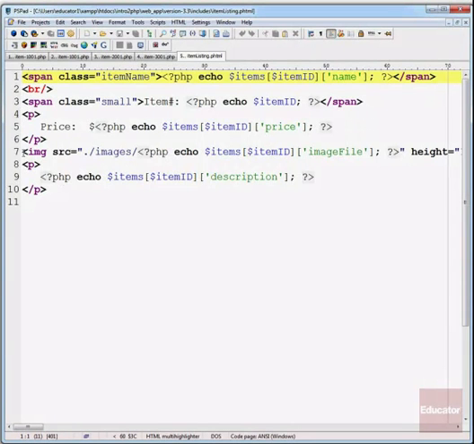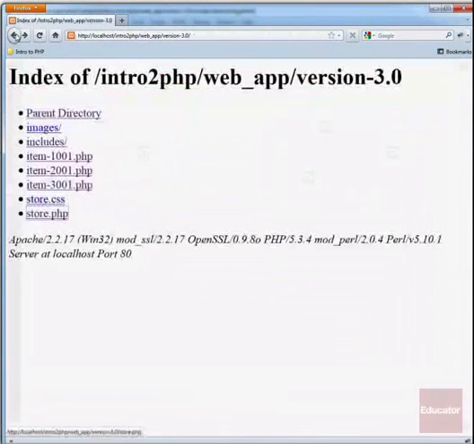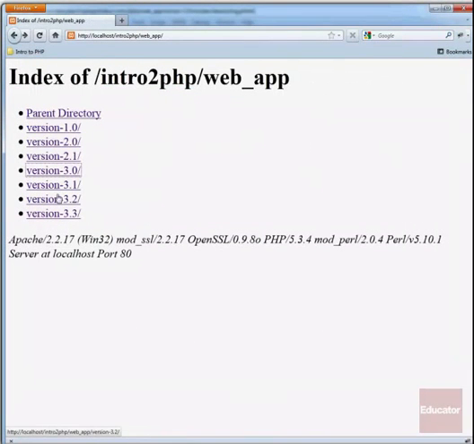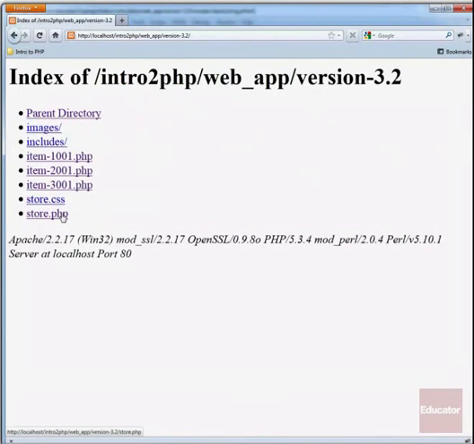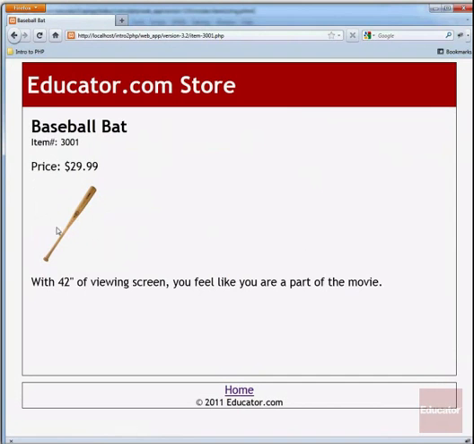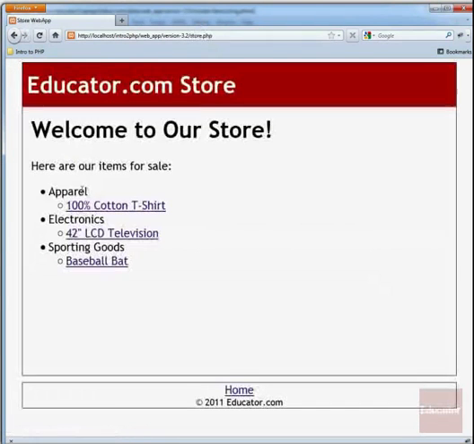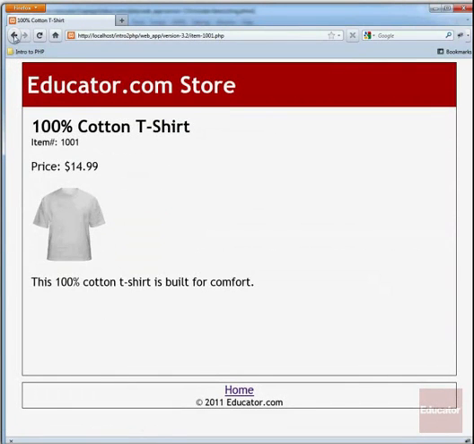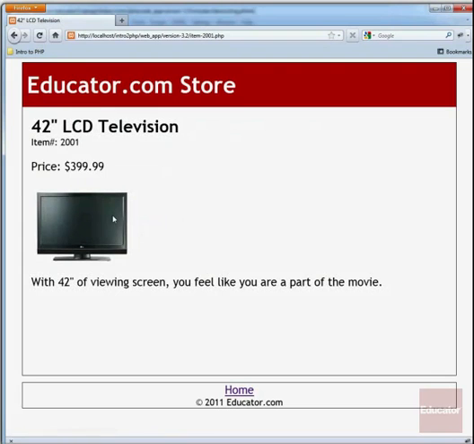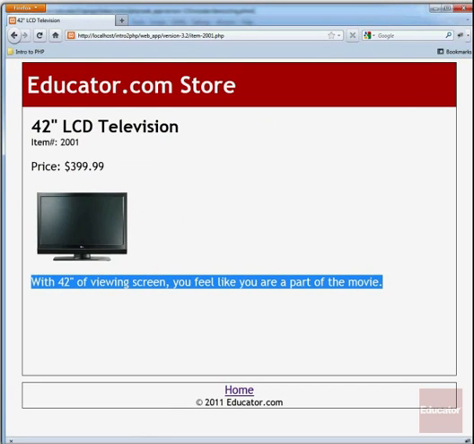let's say we want to place the image differently. Well, right now let's take a look at the web app. In version 3.2, which is our last version, for the baseball bat, item 1001, this is what our product page looks like, and we have the baseball bat above the description, and that's the same for the t-shirt and the LCD television. The picture is above the description. Let's say now we decide we want to put the description above the image. So what we can do